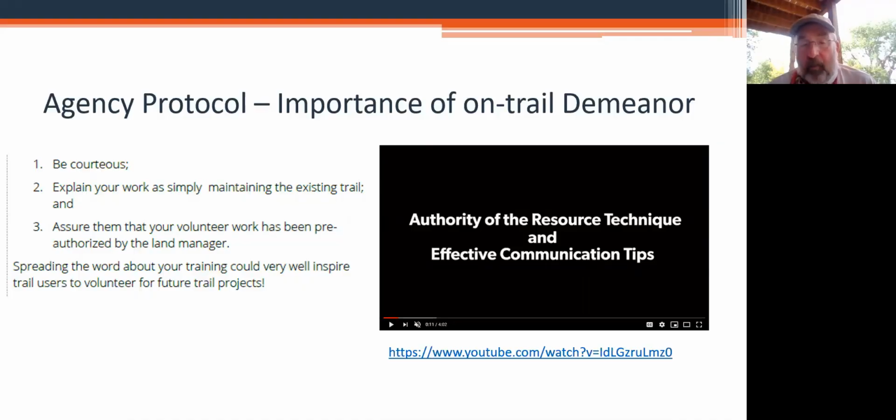But I think it's one of the more important things for the independent stewardship folks to be really aware of: they're really working for the agency, and the demeanor that they have on the trail will reflect on the agency if they're discourteous or whatever the case may be. So it's just a different way to communicate and talk to people about things they may or may not be doing in accordance with Leave No Trace and the regulations of whatever area they're working in.